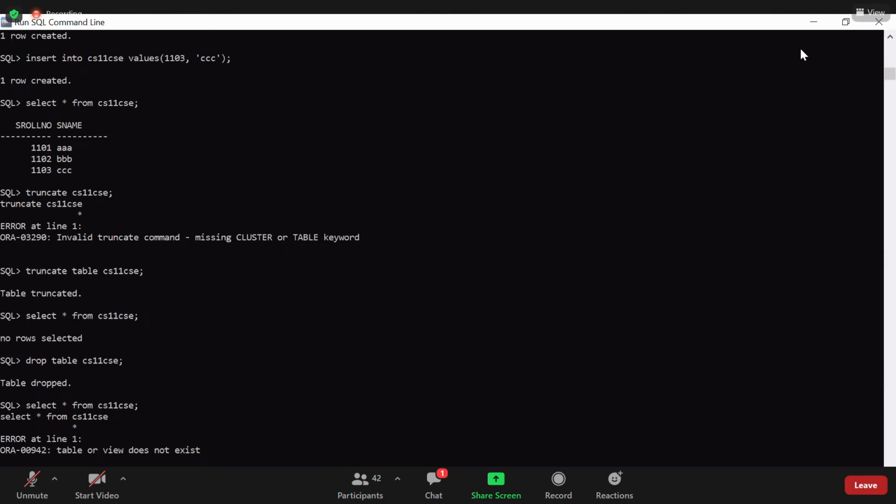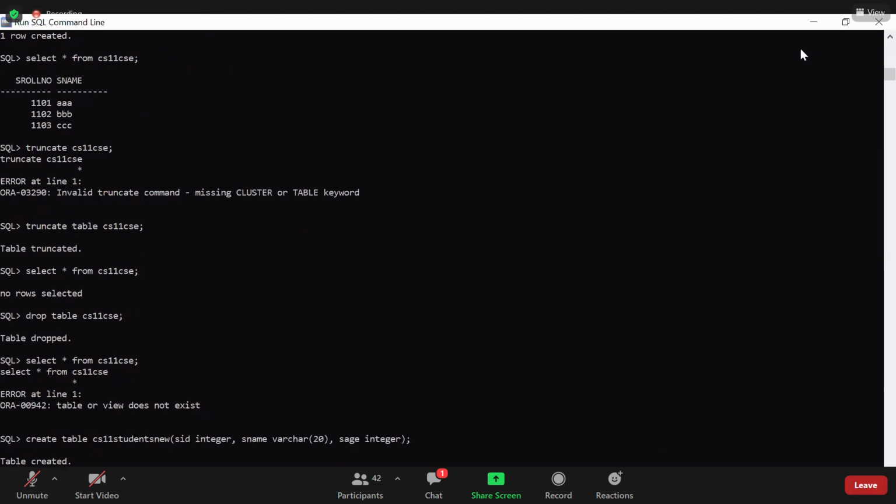It's okay. Create table CS11 CS students, new table with values SID integer, SName varchar 20, and SH integer. Table created. Now we'll do insertion.